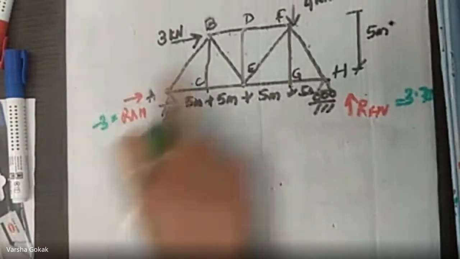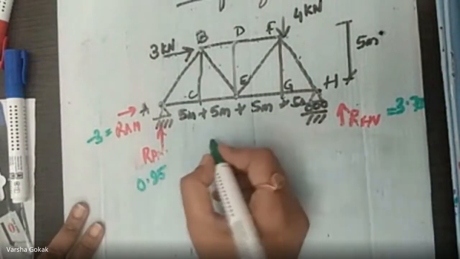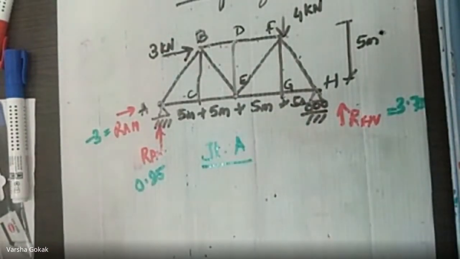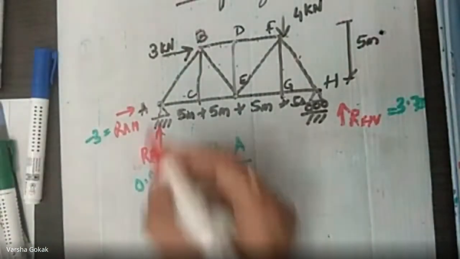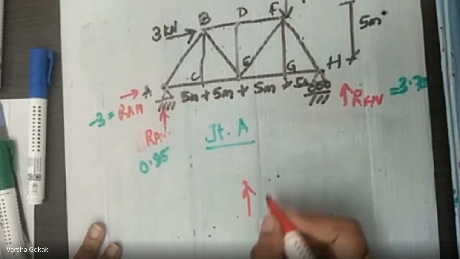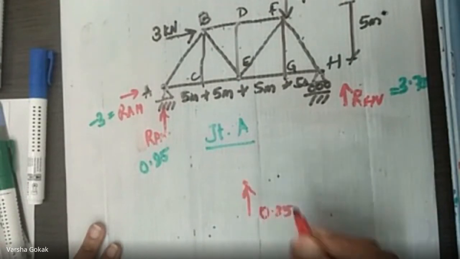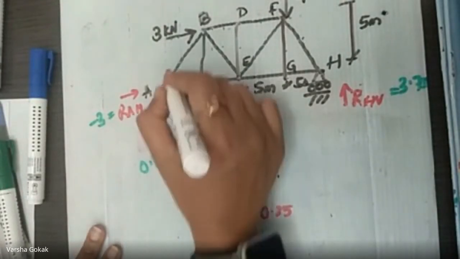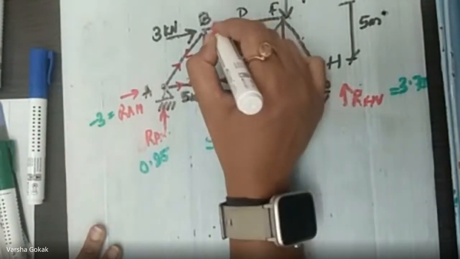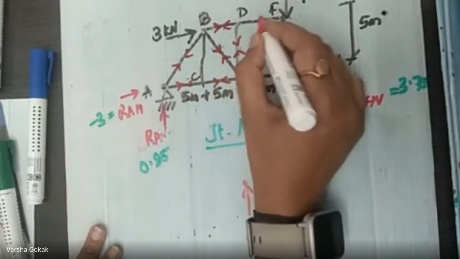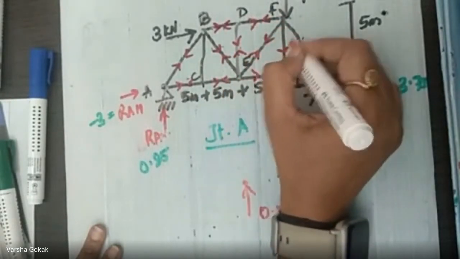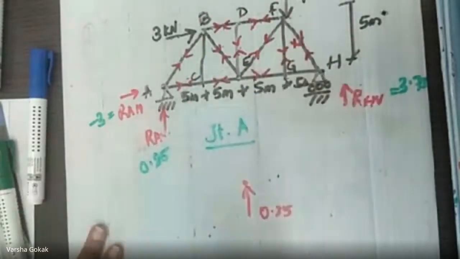Okay. So once we find all the reactions, now we have to go joint by joint. Say I will take first joint A. So let us take joint A. That is this joint. So what all are there in joint A? I have this value, that is 0.25. We know that all have to be marked as tensile. That is 2 arrows inwards. Mark all 2 arrows inwards like this. Very important. That is, we are assuming all of them are in tension.